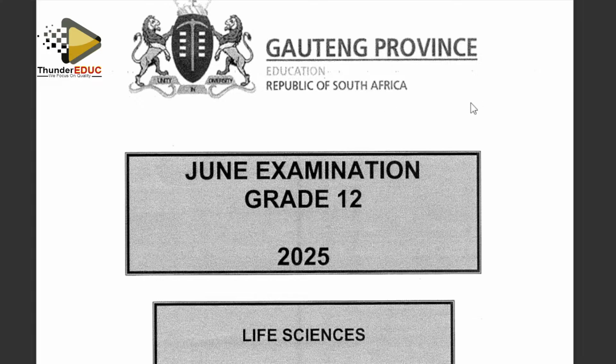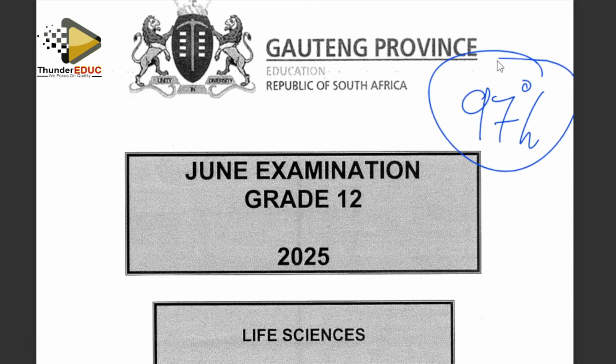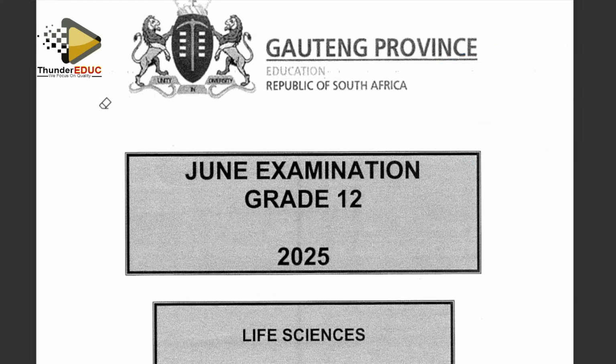I know that our prediction, our discussion, was 97% of the paper. So let's smash the paper and we see the possible answers. Maybe what you would have written. Please note that there could be more answers on some questions, but I might not go through them because I just want to give you a hint on each and every question and how you are supposed to answer this question.